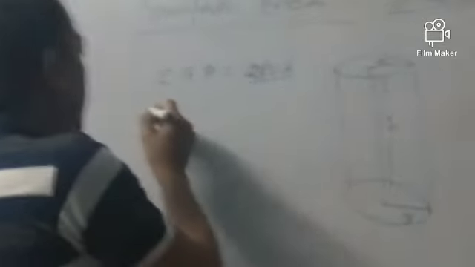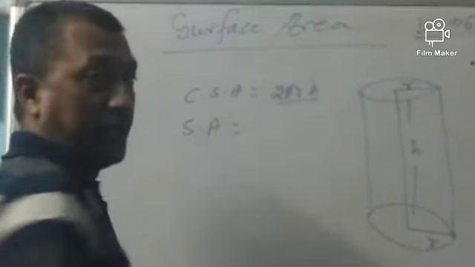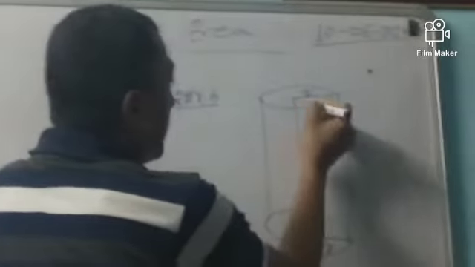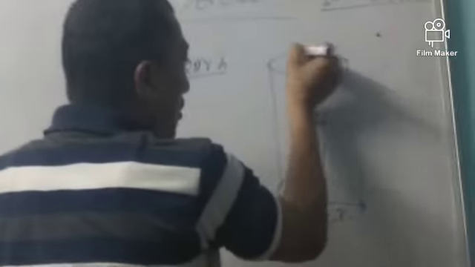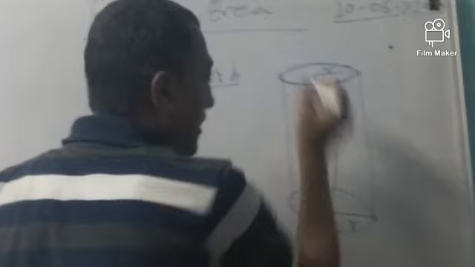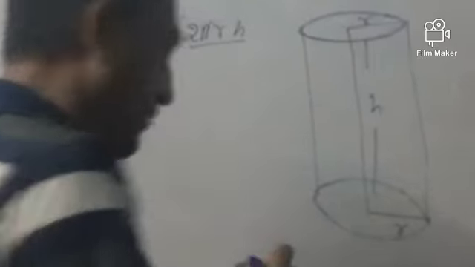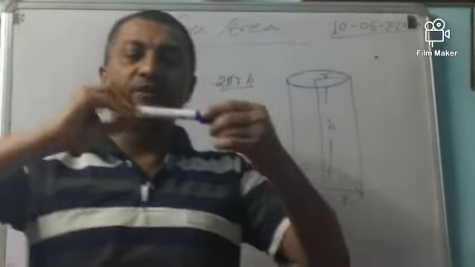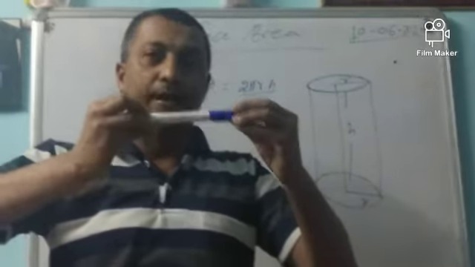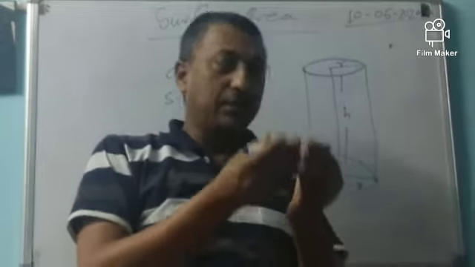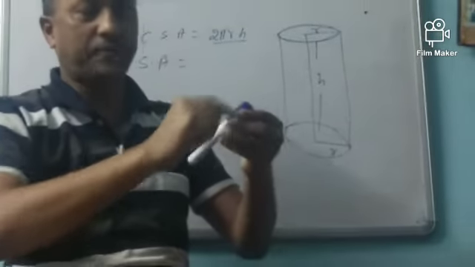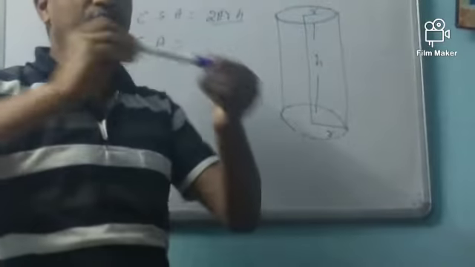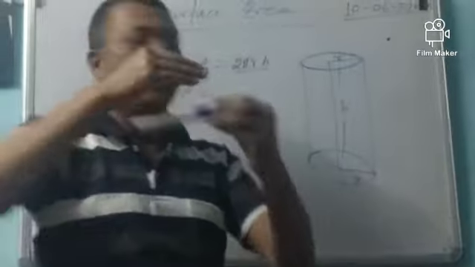Now let us talk about the total surface area, that is also called surface area. Curved surface area means, like I told already, that we have to remove this part and this part. So in a very simple way we can understand. We are not taking this part and this part. Like a roller, if your roller is moving on the road, you will see only the curved surface area part is going on. So this part is actually called the curved surface area.